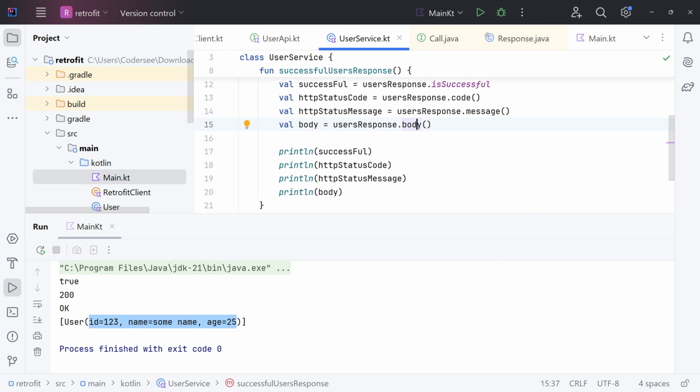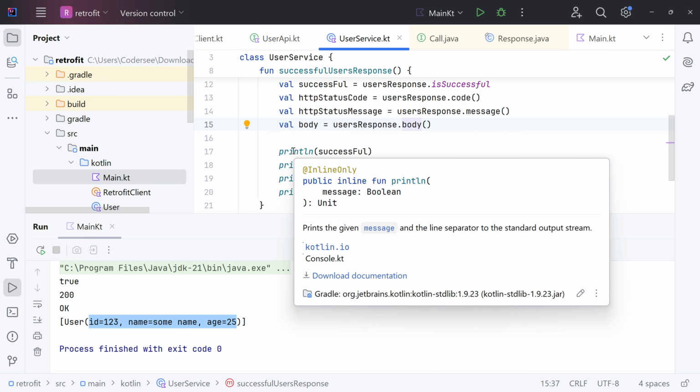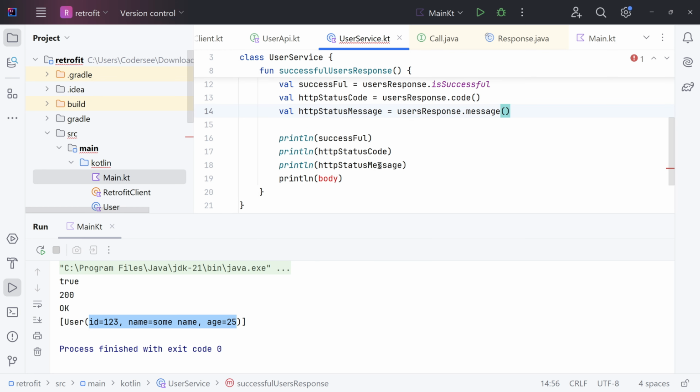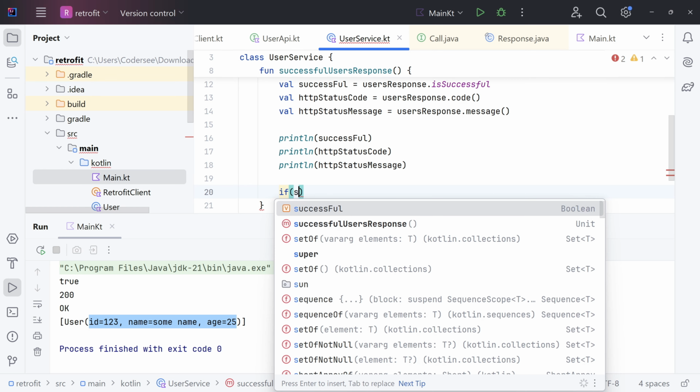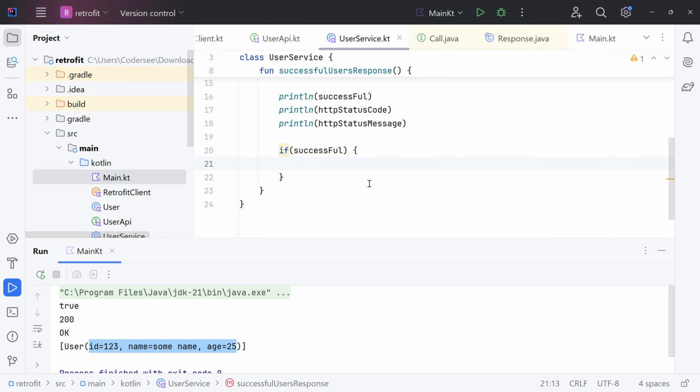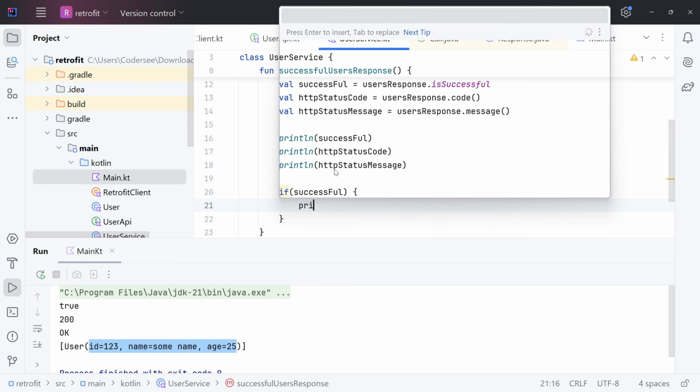Wonderful, and life would be much easier if there were no errors. However, they happen and it's better to get more information about them. What we can do right here? Well, let's do it in conditional logic. So let me delete this one and let's handle both cases, the successful and not so successful response. If successful, then I would like to print out the successful. So print